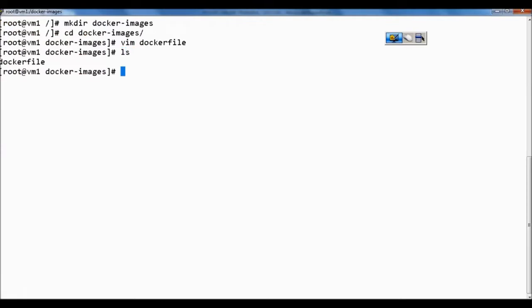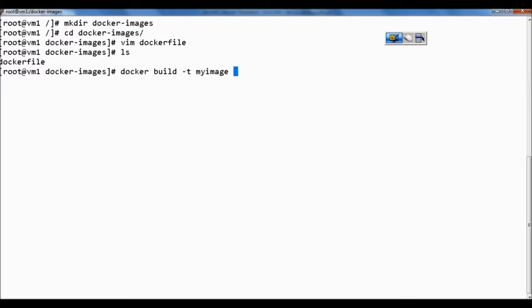Now we have our Docker file ready. Now let's see how to build the image from this Docker file. Now we'll issue a command called docker build. The command is docker build, and we issue this command from the directory where we have created this Docker file. So docker build -t and some image name, let's say my image. So that's going to be the image name, and here we need to give the location of our Docker file.